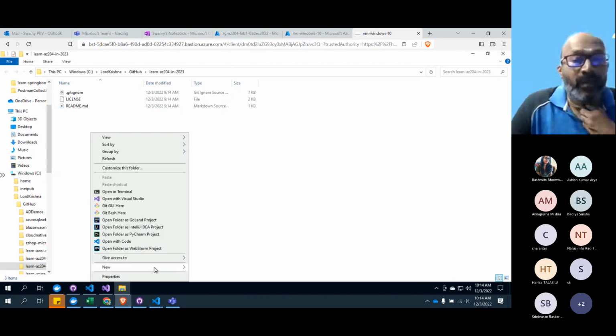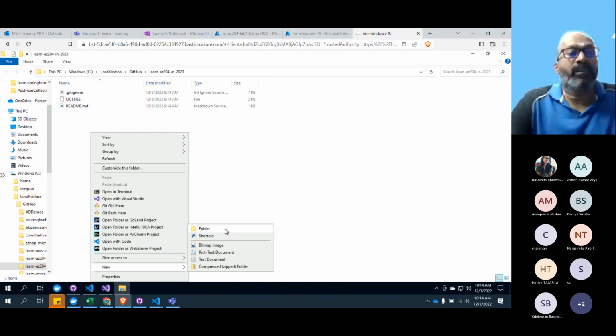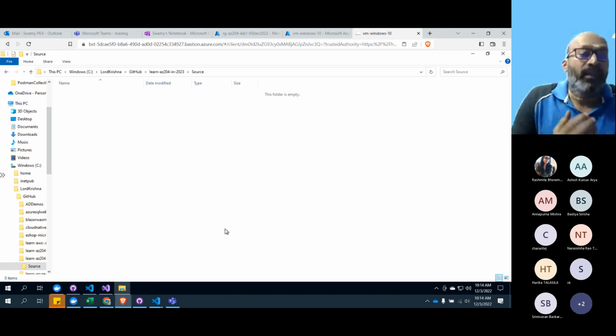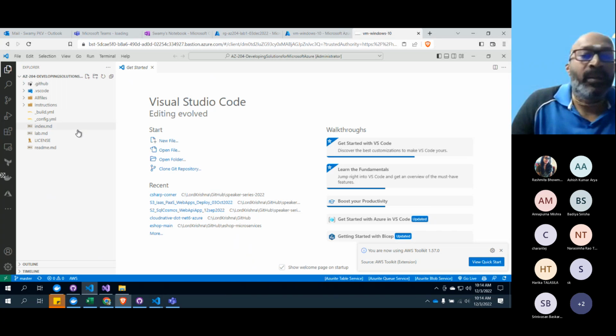So let me create a folder called source here and we'll get going. Why I'm redoing that is that some of the libraries here might be a little bit older, and we have the latest libraries for that reason. Otherwise it is directly from Microsoft's official labs.